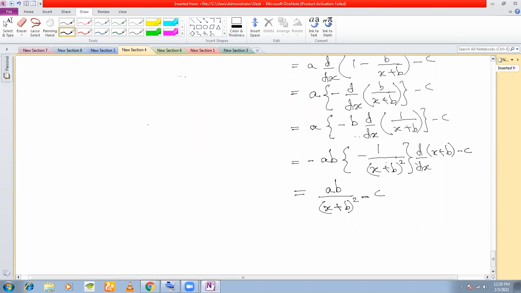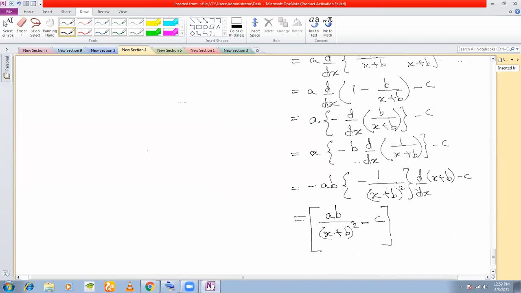Now what we need to do is show that this marginal revenue here is a decreasing function. That means we now need to show that d/dx of marginal revenue is less than 0, right? You need to show that marginal revenue decreases with the increase of x. That means obviously marginal revenue is a decreasing function. So you need to show that d/dx of MR is less than 0. So let us find d/dx of MR.